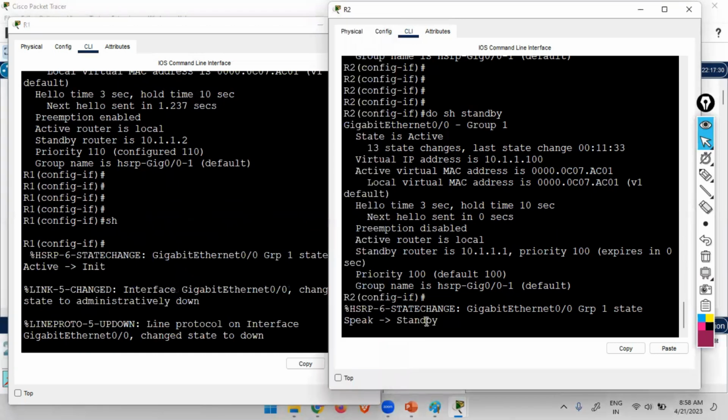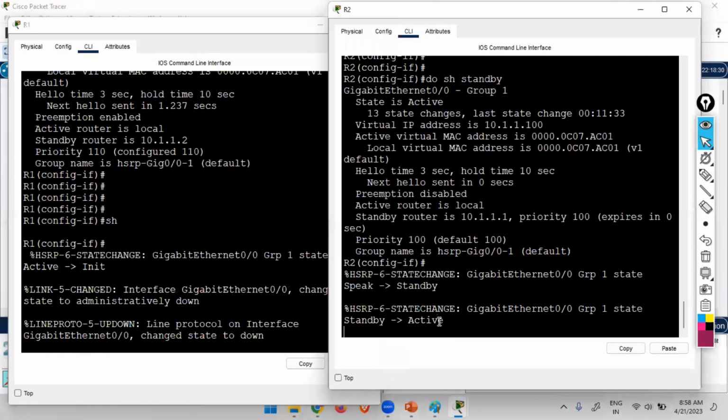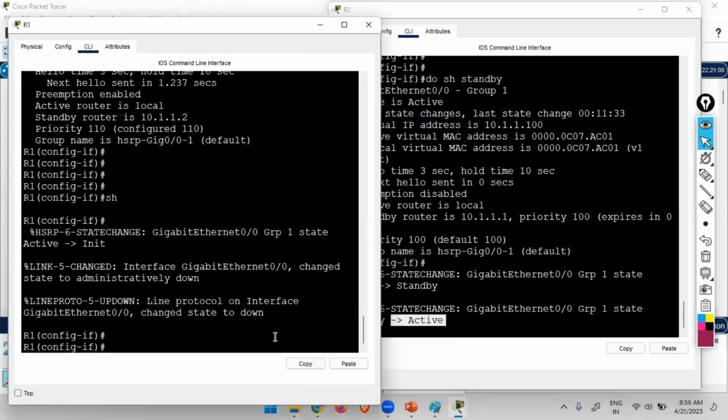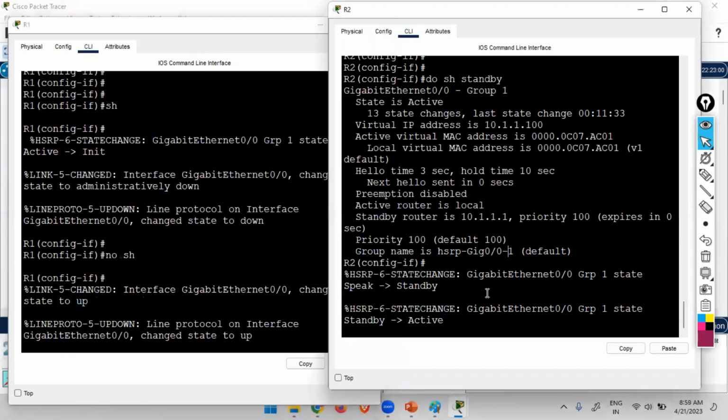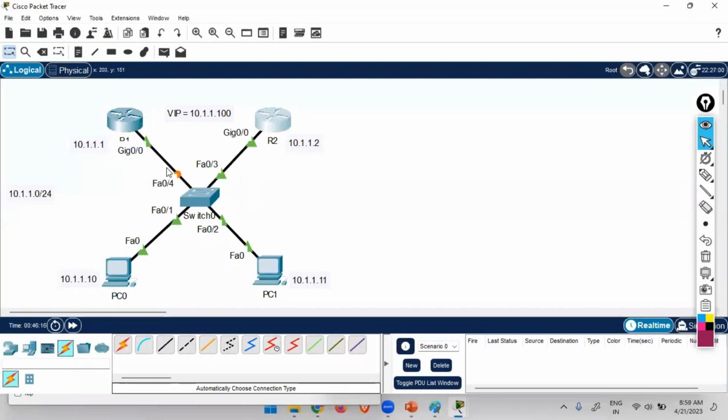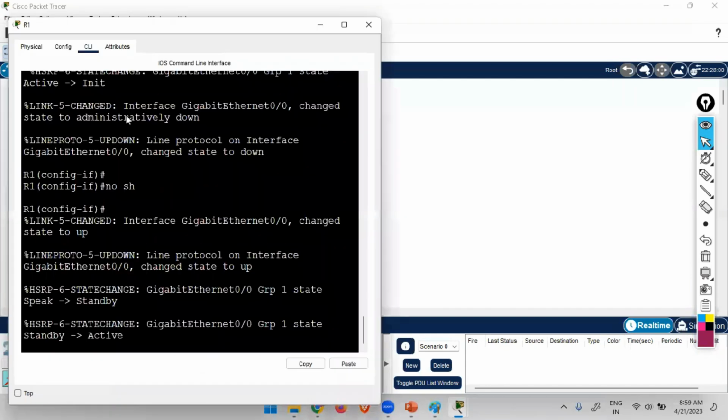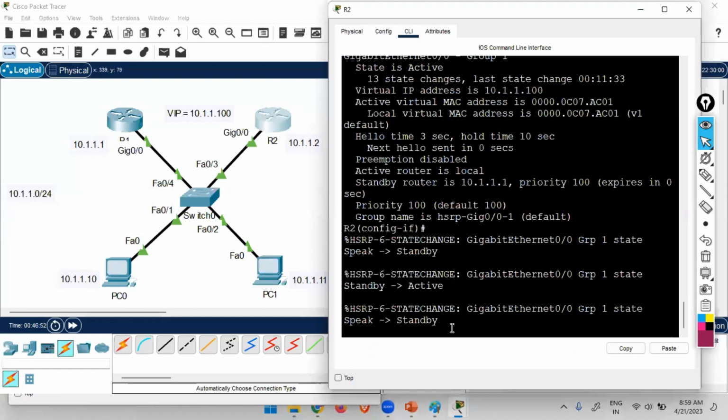Okay, wait for it. Now it is active. And as soon as this comes back up, this will again go back to standby. Okay. Now this will take some time because of the switch protocols and all. Now see, R1 is active and R2 goes back to standby. So this is your preemption. So what are the commands